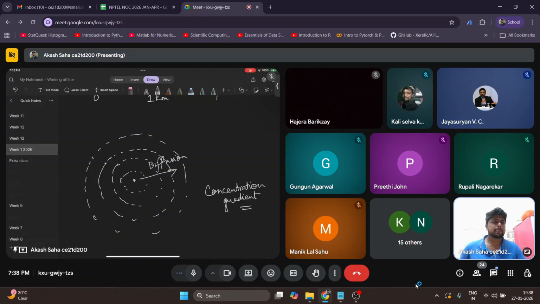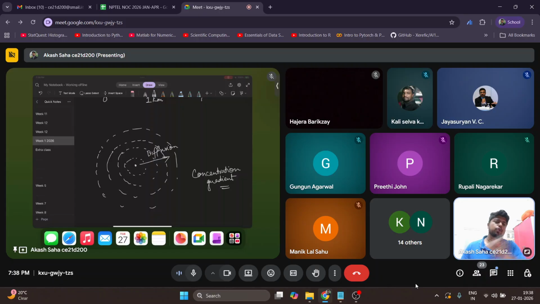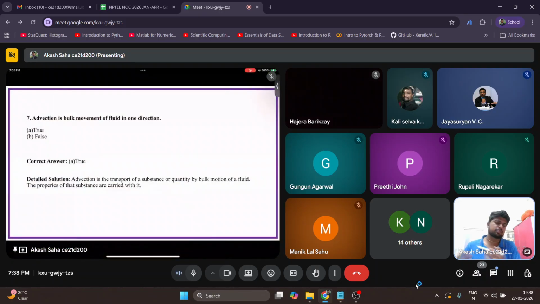What does that mean? It means that the concentration moves from a higher concentration to a lower concentration. So due to the difference in the concentration of the two places, the diffusion happens. But this happens in a circumferential area. So these are the two basic types of transport, be it in fluid or in air. Air or water, both are fluids.